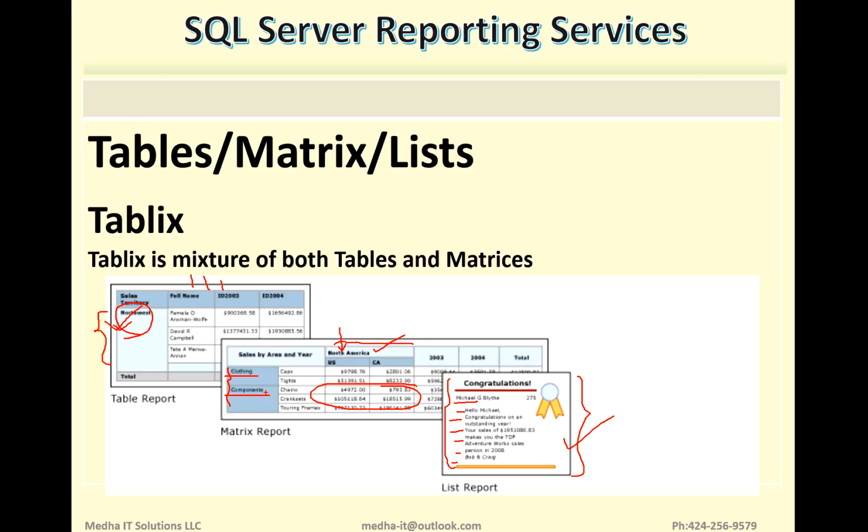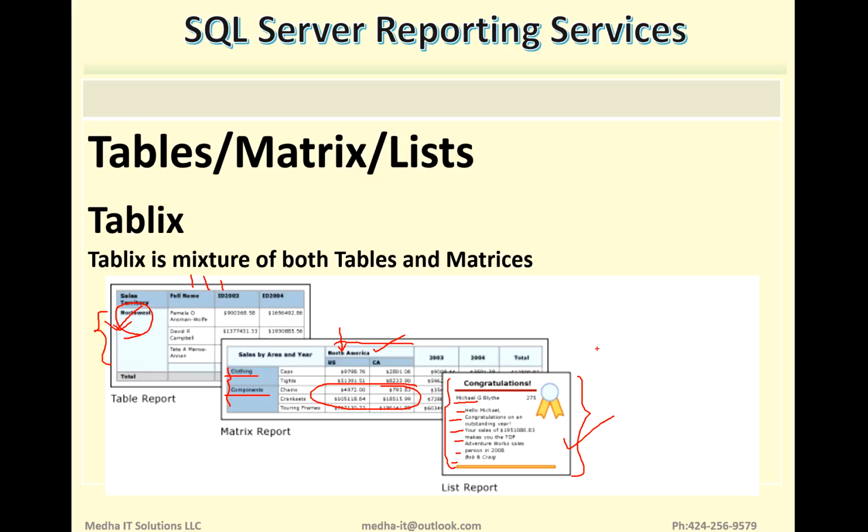In the matrix you can have row groups and column groups, whereas in the list you will not have rows or row groups, columns or anything. It's just a free flow text format. So that is list. So there are three different types of formats we have: table, matrix and list.